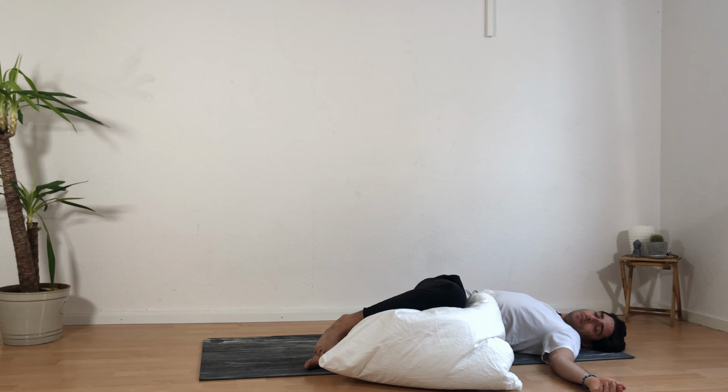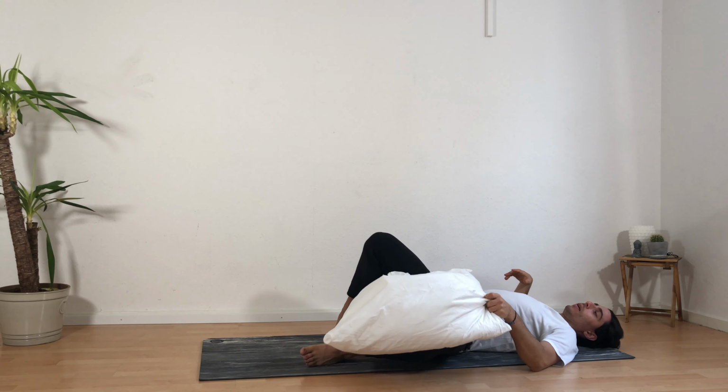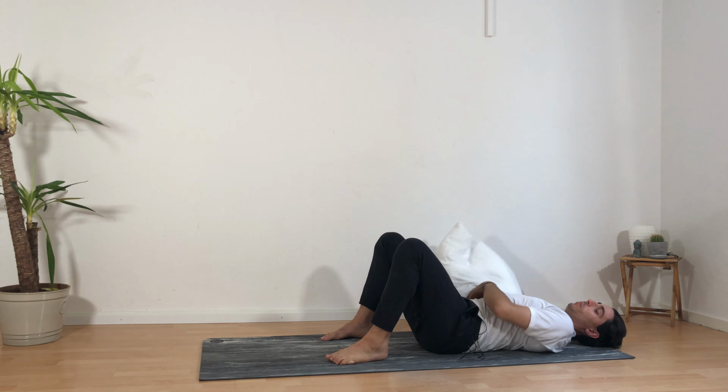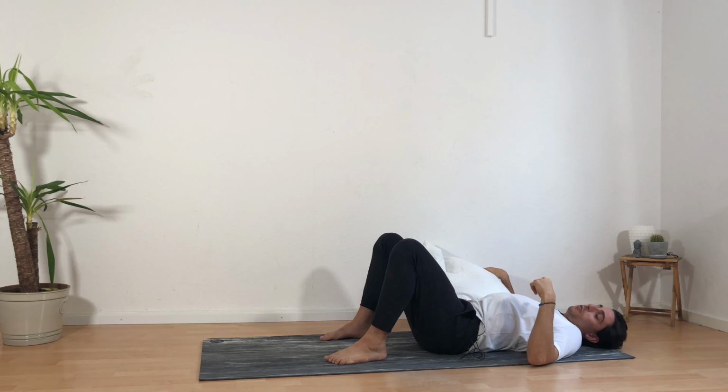Two more. And one more. And then we'll slowly come back to center on the inhale. And shake your legs out as well. You can grab a hold of the pillow for a moment, and then we'll of course go to the other